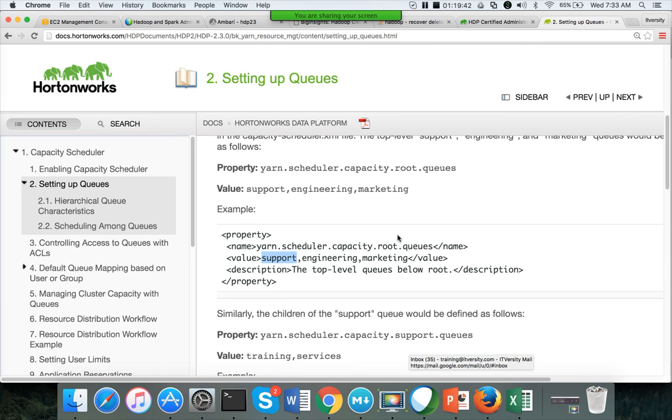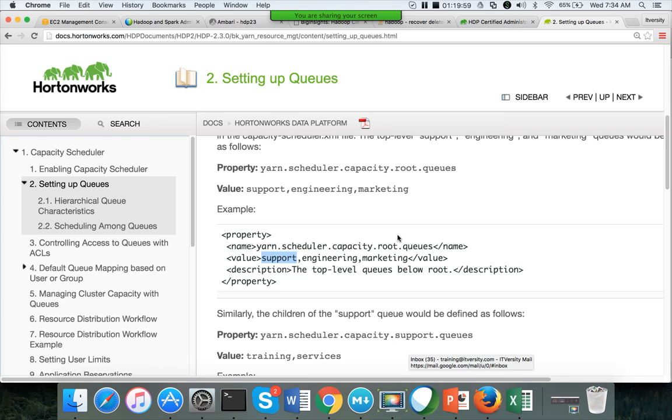One drawback with the capacity scheduler is, let's say you have 1000 task capacity, meaning 1000 tasks can run simultaneously, and you have given 25% to support, 50% to engineering, and 25% to marketing.